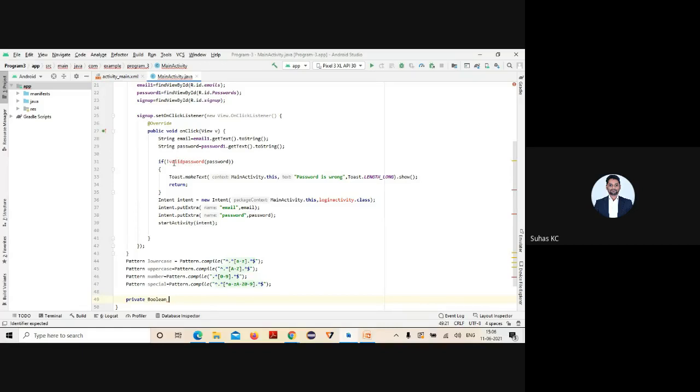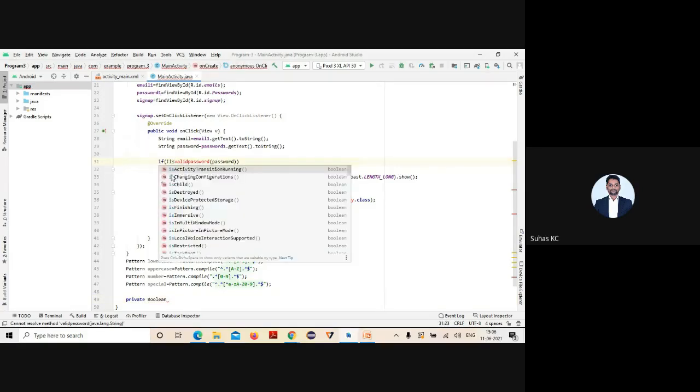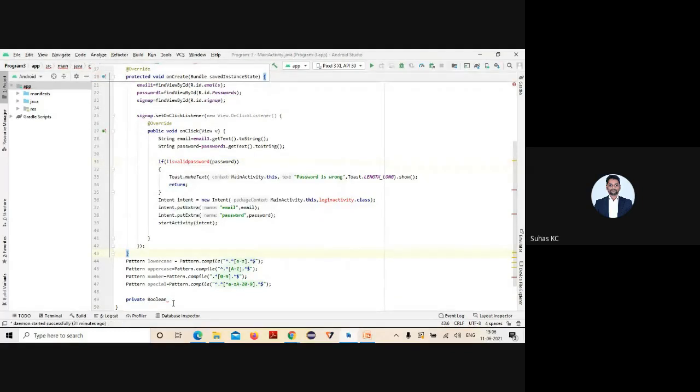I've taken a user-defined function called validPassword, so I'll use that. Here, what exactly I need to pass is the string, this particular variable, whether it is correct or not, I will check.